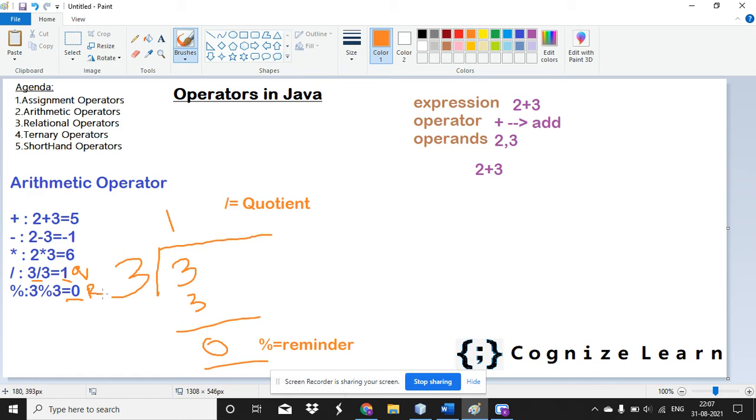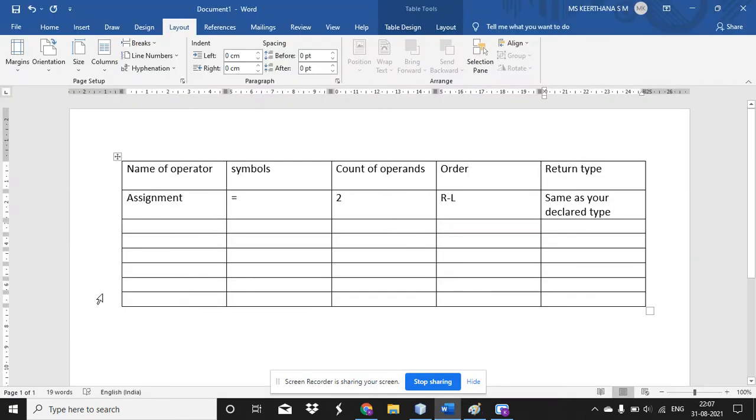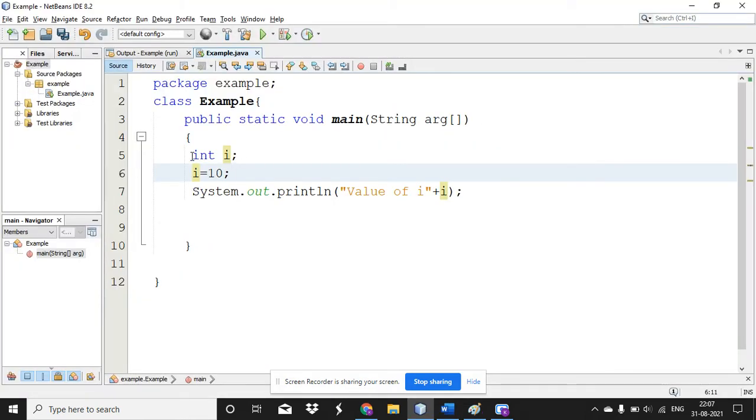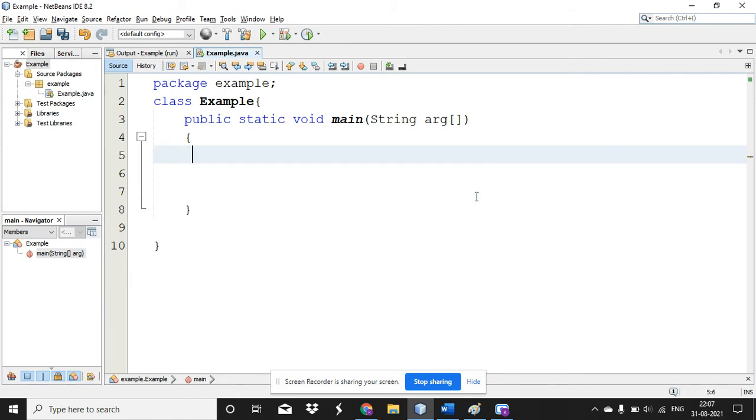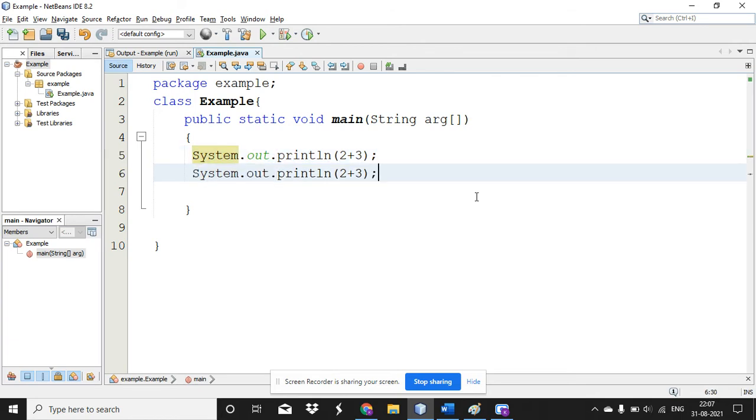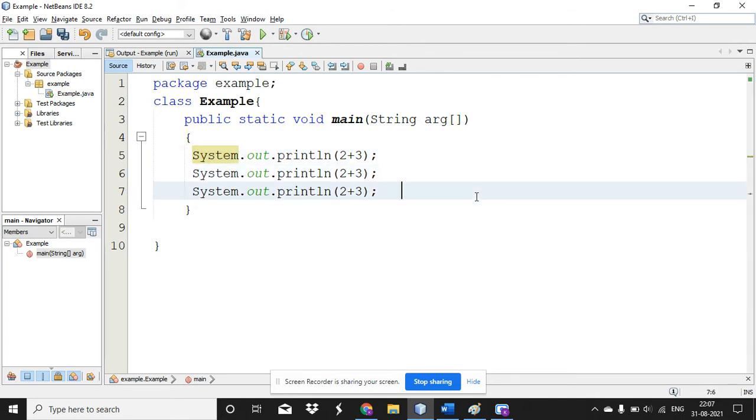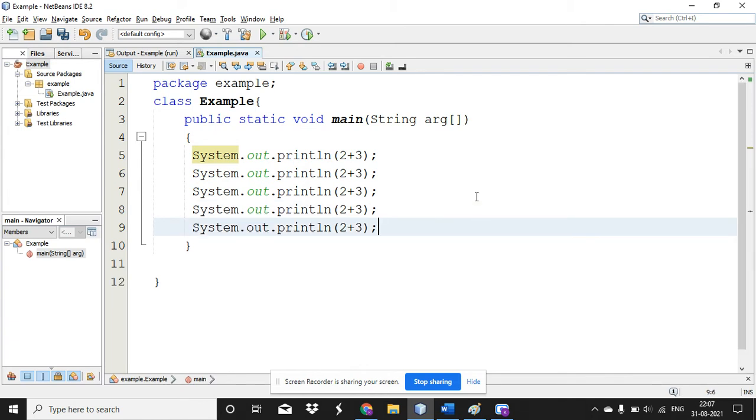Shall I execute the same example in the IDE? So I'm just doing system.out.println 2 plus 3. The same thing I'm going to copy for 5 times: minus, and this is multiplication, and 3 divided by 3, and it is 3 modulo 3.